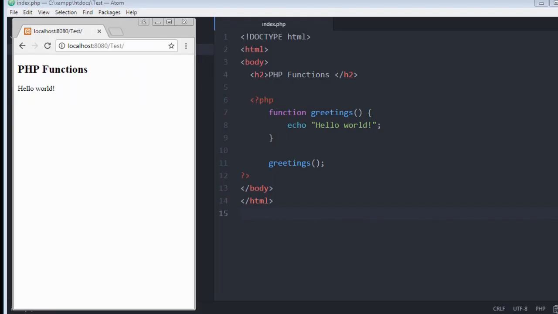In my example here, I have defined a function called greetings, and we've got the function keyword followed by the name of the function, and then the parentheses, and then we have the opening curly brace, which indicates the beginning of the function code, and the closing curly brace, which indicates the end of the